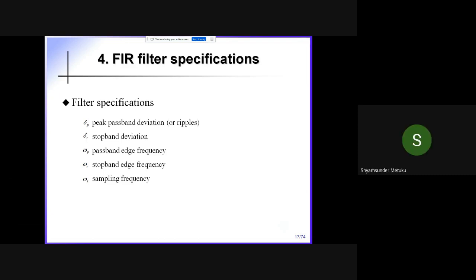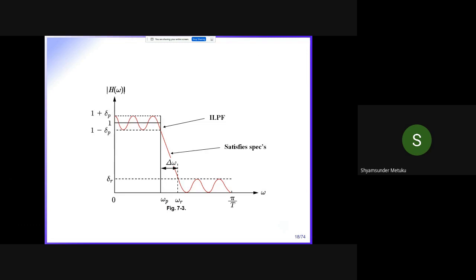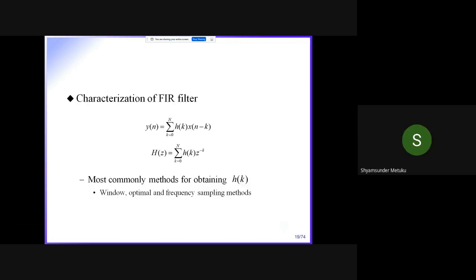So what is omega s? 2 pi fs. Can you write that way? Omega s is equal to 2 pi fs. Can we write or not? Yes, sir. In terms of fs equal to 1 by T. Okay, is it clear? Yes. So ultimately, when somebody wants to design the FIR filter, your objective is to find the impulse response h of k. That is what it is.